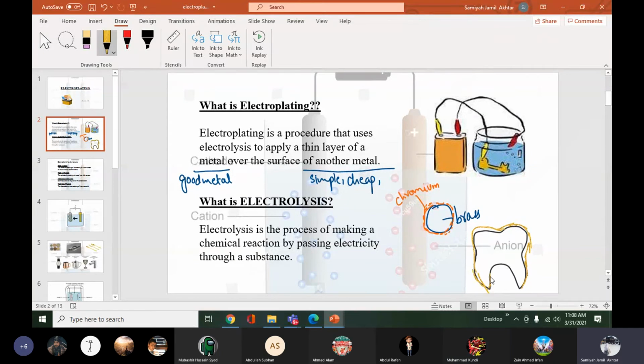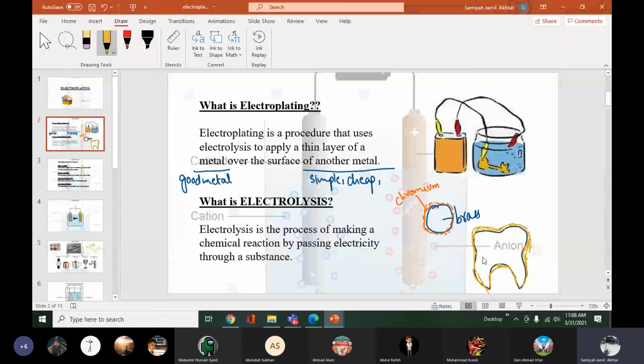So the dentist uses this. But why? Because gold is very less reactive, and it gives a good look. They use silver for fillings, like in your teeth if you have cavities, but that's for filling. Here we are talking about plating, covering things, wrapping things up. So the tooth is like any other useless material, and we cover it with the good metal.